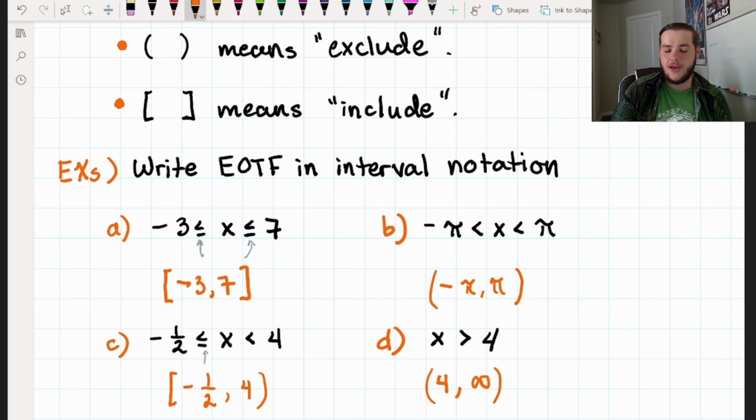Infinity is not a number. It's just an idea. So when I write 4 comma infinity, I'm telling the reader it's the numbers 4, 5, 6, 7, so on and so forth forever and ever. It wouldn't make sense to include a number that's not a number in the interval. So we use parentheses. Takeaway from that is always